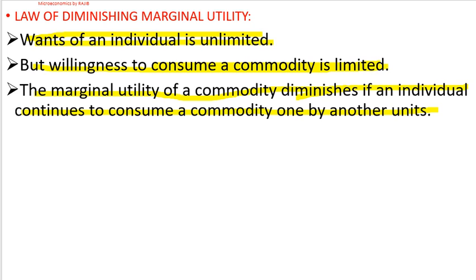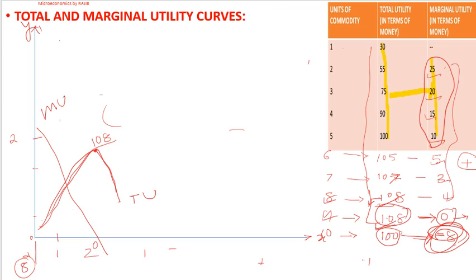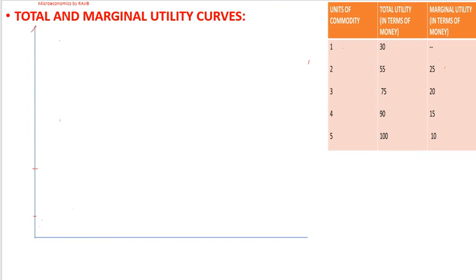And here marginal utility is important. These are the main helping points through which we discuss that the marginal utility of a commodity diminishes if the individual continues to consume a commodity one unit after another. Please refer to this chart. As you continue your consumption, the marginal utility diminishes. For the first unit the marginal utility is 30,